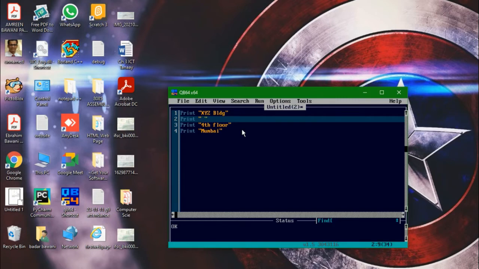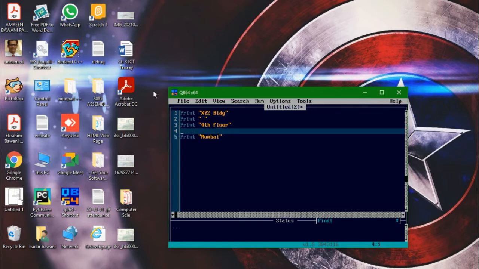What it will do is execute the print statement, but inside the double inverted commas there is nothing, so it will just print a blank and go to the next statement, which is my fourth floor. And here also I would like to give some space. The same thing would be done here: print and then double inverted commas.